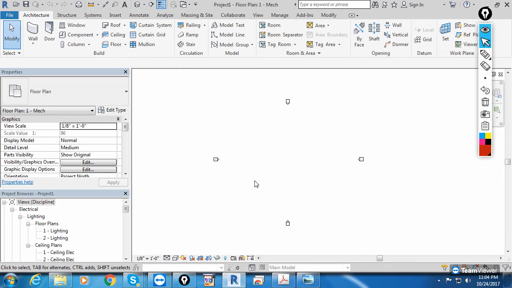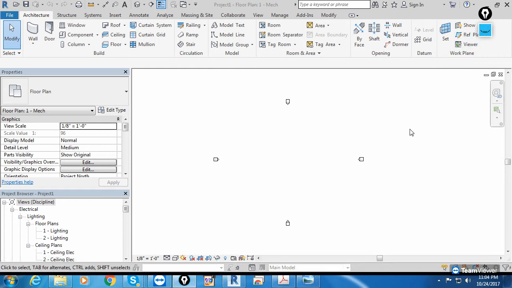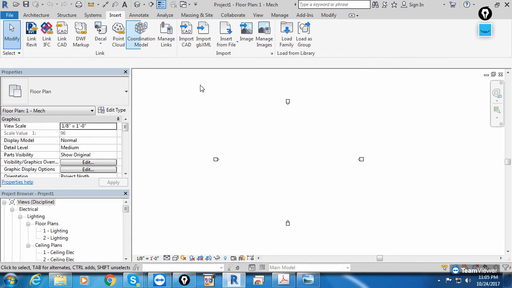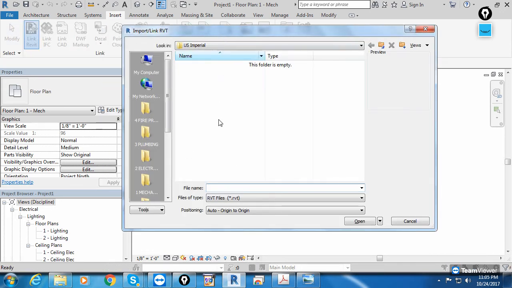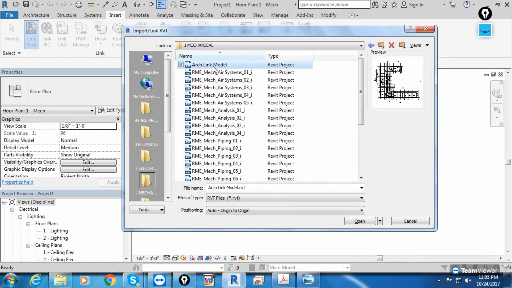Second step, you can write link architectural model, meaning the building in which we are going to add the services, and you know how to link. But just make a list, you'll get the idea to avoid confusion. Next, how to link: click on the Insert tab, from the Link panel click Link Revit, and under this, find the file. The file available is arc model. You can link your own project. Then origin to origin, open.